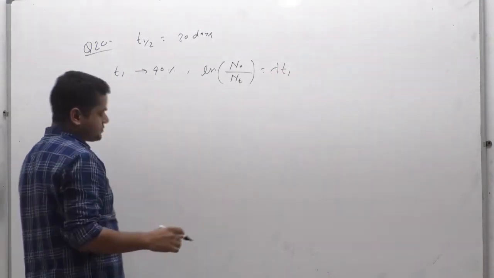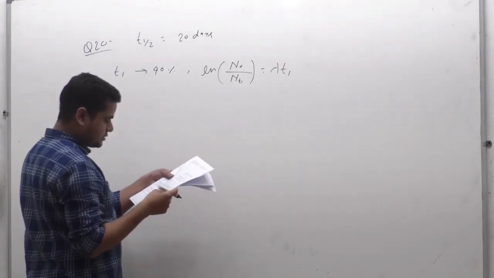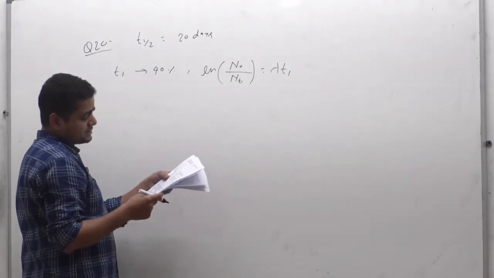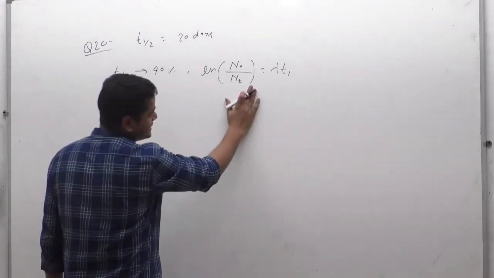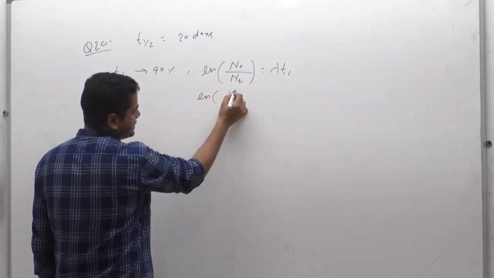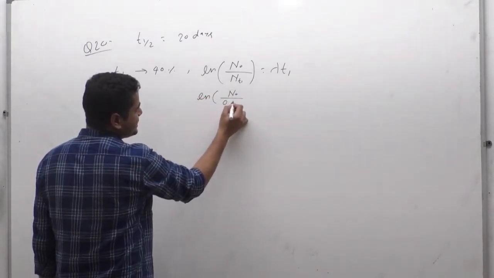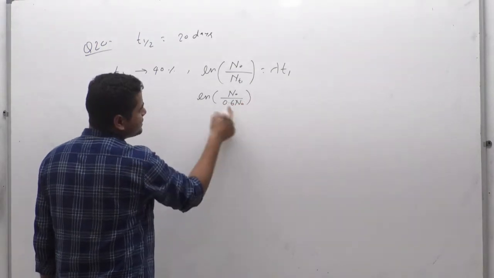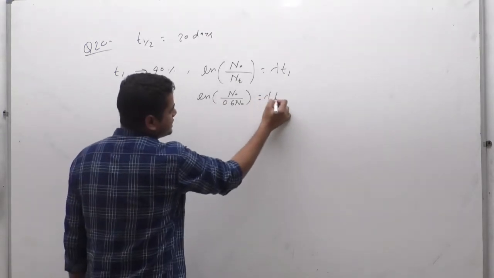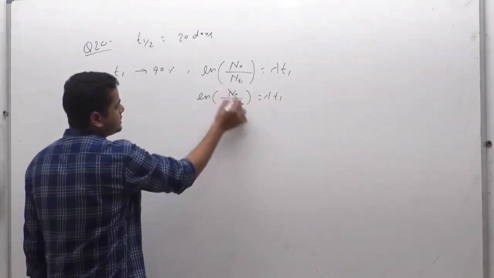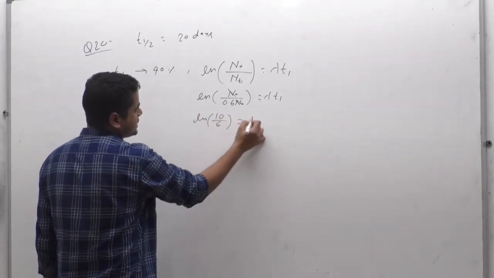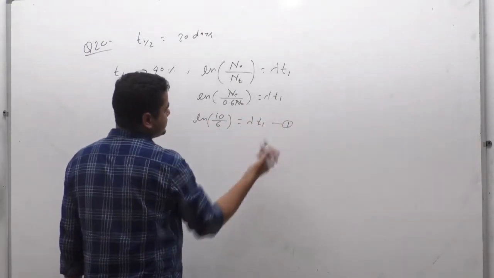So in this question, T1 is the time spent for 40% decay. So 40% is decayed; how much percent will remain at that point? 60%, you can say. So this is N naught upon 0.6 of the initial number, because 40% decay means the remaining part will be 60%. So this is lambda T1, and from that equation N naught will be cancelled out. See, this is ln 10 by 6 equal to lambda T1.